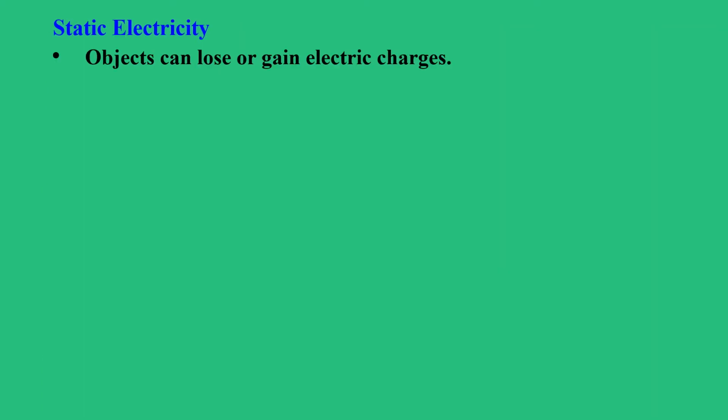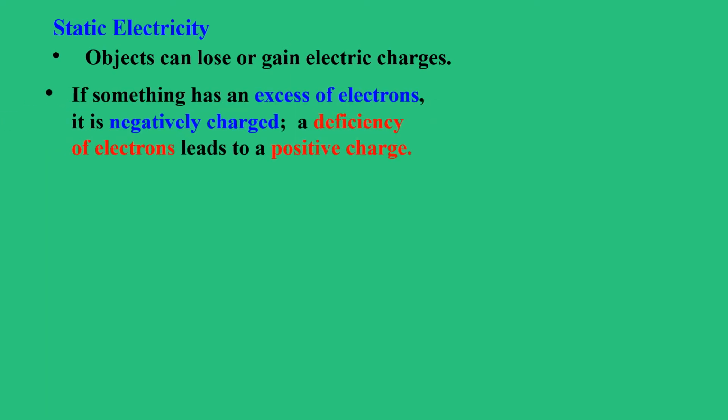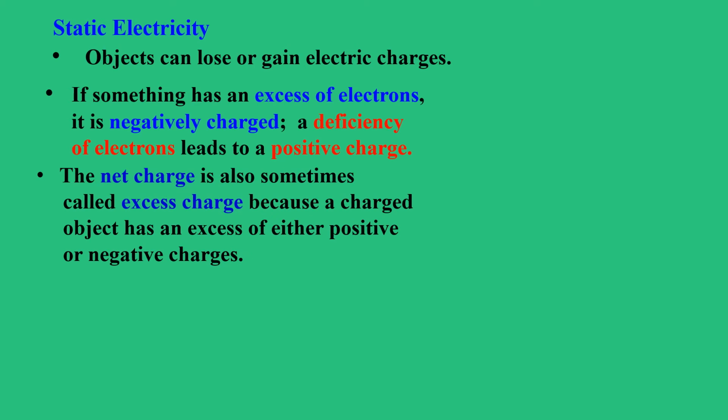Static electricity. Objects can lose or gain electric charges. If something has an excess of electrons, it is negatively charged. A deficiency of electrons leads to a positive charge. The net charge is also sometimes called